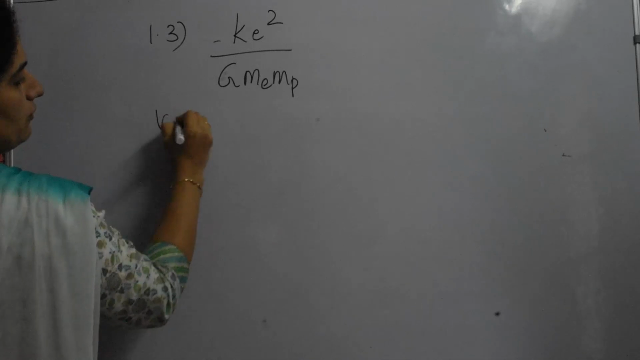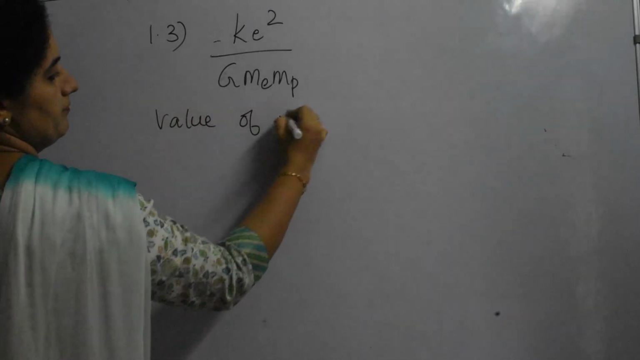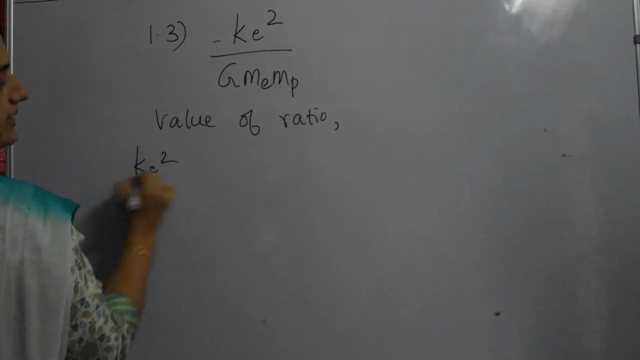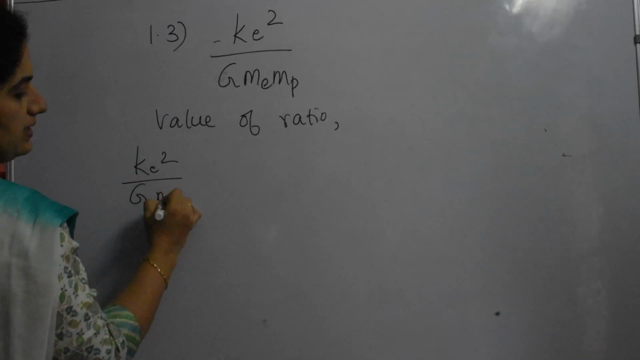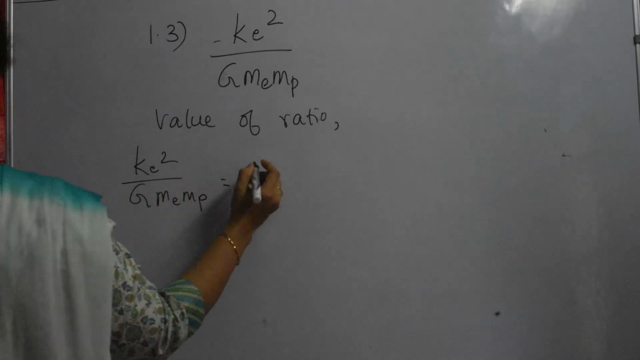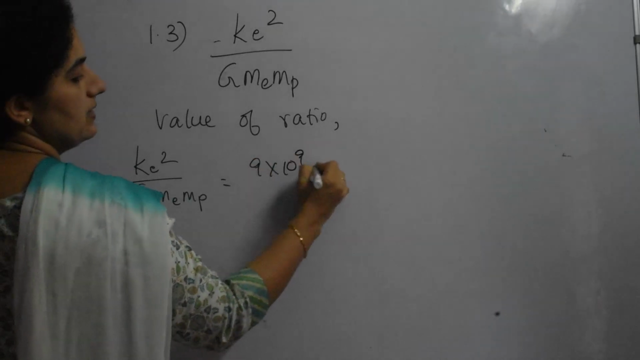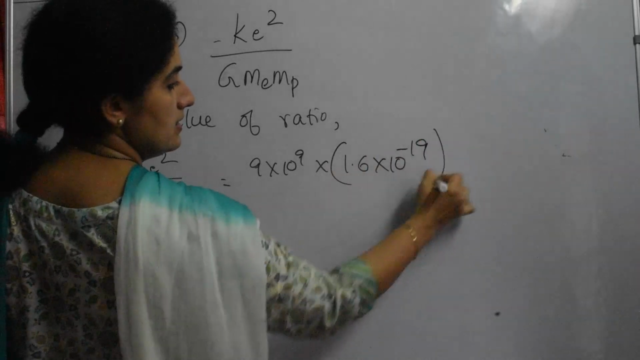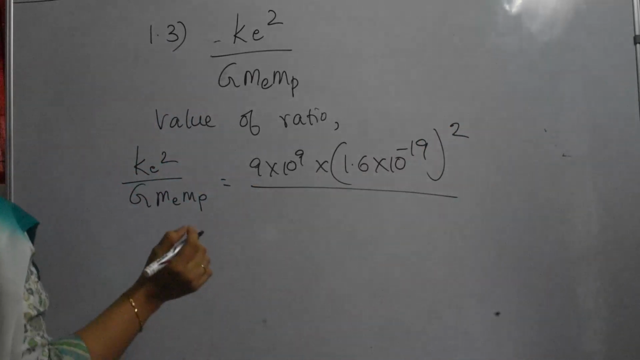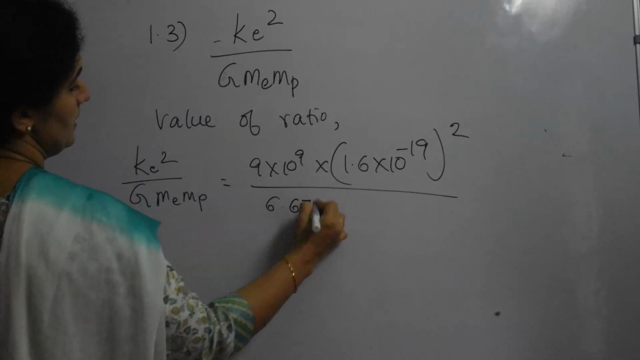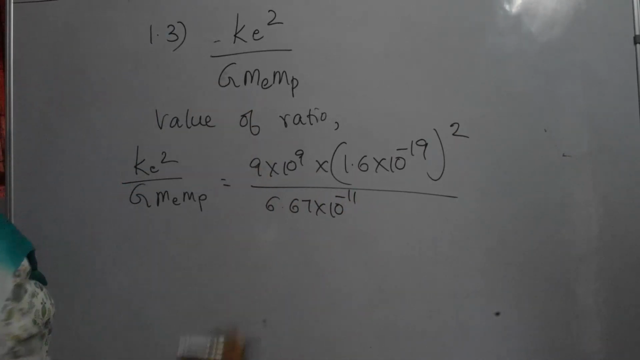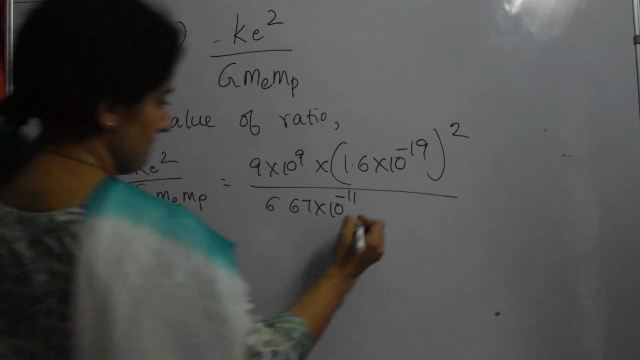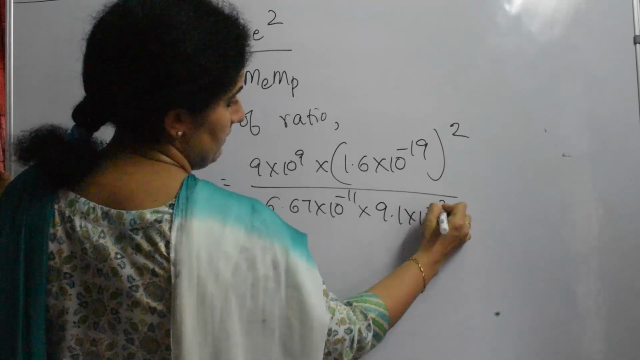So the value of the ratio. Substitute the values: k squared divided by G m_e m_p. So k is 9 into 10 to the power 9, into e squared, where e is 1.6 into 10 to the power minus 19, squared, divided by 6.67 into 10 to the power minus 11, the value of G, and m_e, 9.1 into 10 to the power minus 31,